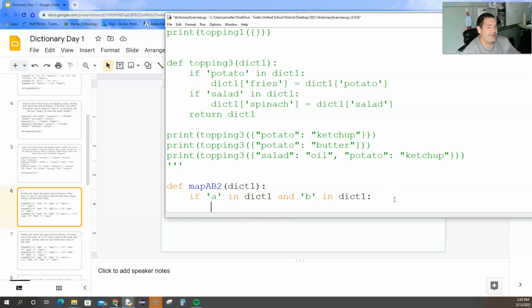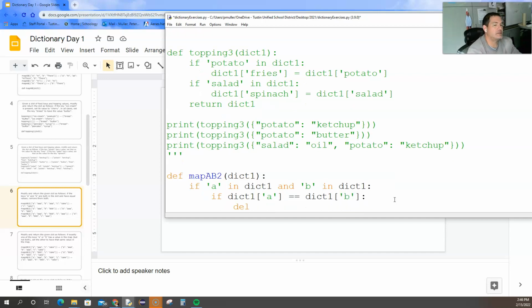Now I'm going to check to see if they both have equal values. Well, that would be the value associated with the key A, right? If that is equal, right? That's comparison. To the value that the key B has, right? And it looks like that, right? Well, what am I going to do then? Well, I'm going to delete